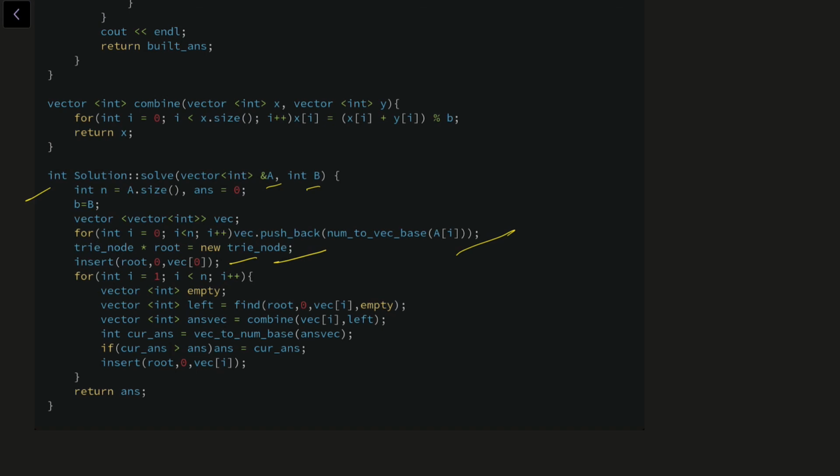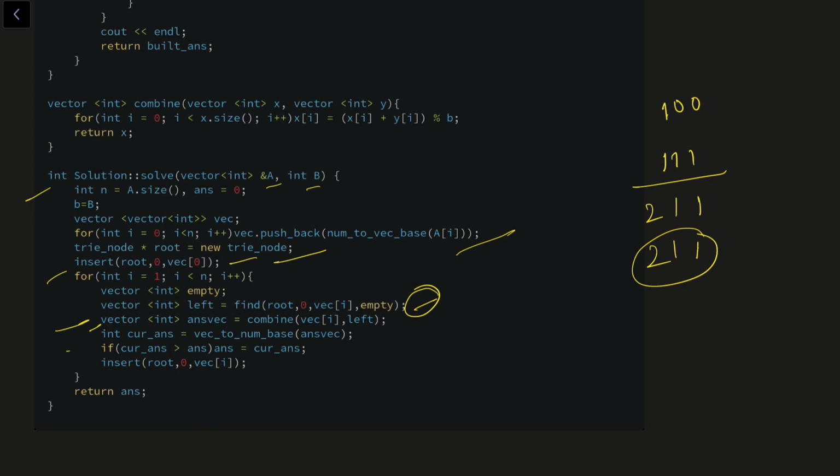After that, we are iterating from 1 to n minus 1 here, and what we are doing, we are searching for the best element before the current element which can pair up with our current element. So as we have done already in an example, for 100 this function will return 111. After that we are combining that using another vector. If we combine these two, I'll get 1, 1, 0 plus 1, 1, 1 gives 1, 2, 1. And doing it modulo 3, I'll again get 1, 1, 2, right? So that's what is going to get stored inside this answer vector.